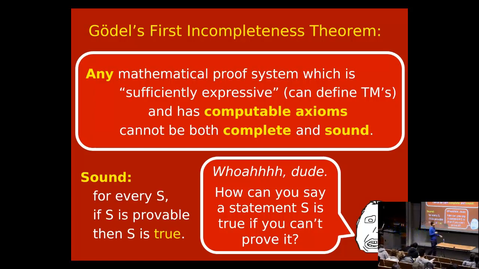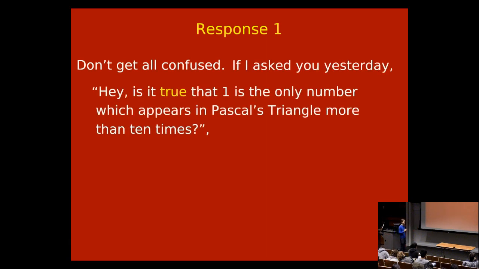And the resolution of this, well, there's a sort of a two-part resolution. First step is to not get confused. I mean, if I ask you yesterday, hey, is this statement true? 1 is the only number appearing in Pascal's triangle more than 10 times. That's just some math question. Is it true that the only number in Pascal's triangle appearing at least 10 times is 1? If I ask you that yesterday,